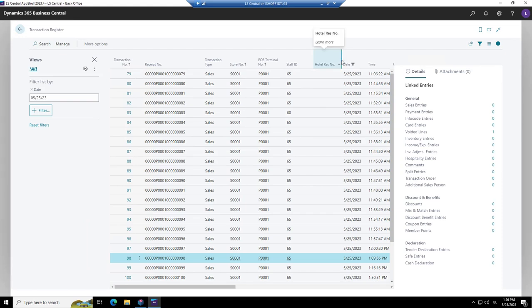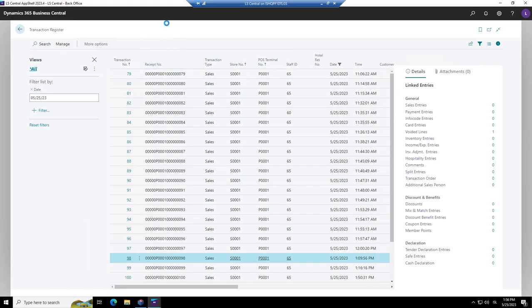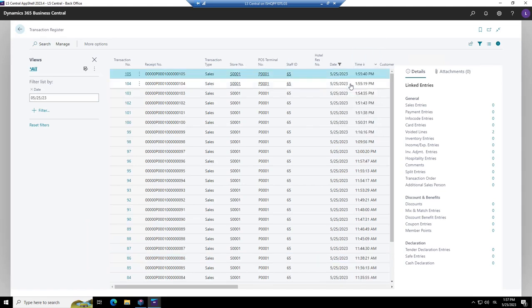So perhaps I'm going to make this a little bit narrower for easiness. And you see the date. Let's sort the time column into descending, so we should have on top the last sale we were doing.